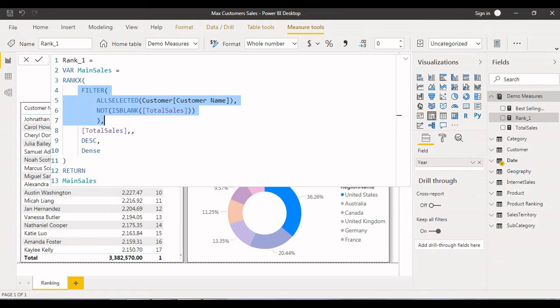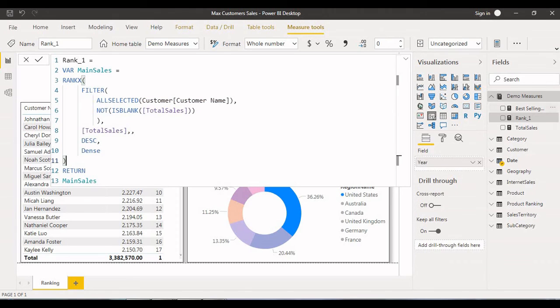That is the reason we are using the FILTER function to filter the customers, and also total sales in descending order. I'm using DENSE, because if 2-3 customers have the same sales, instead of skipping the rank, I'm giving the next consecutive rank. We can watch the RANKX function video, where I have explained around 15 examples. I think I covered almost all different use cases in matrix and table. Try to watch it if possible. So like that, it gives the ranks customer-wise.